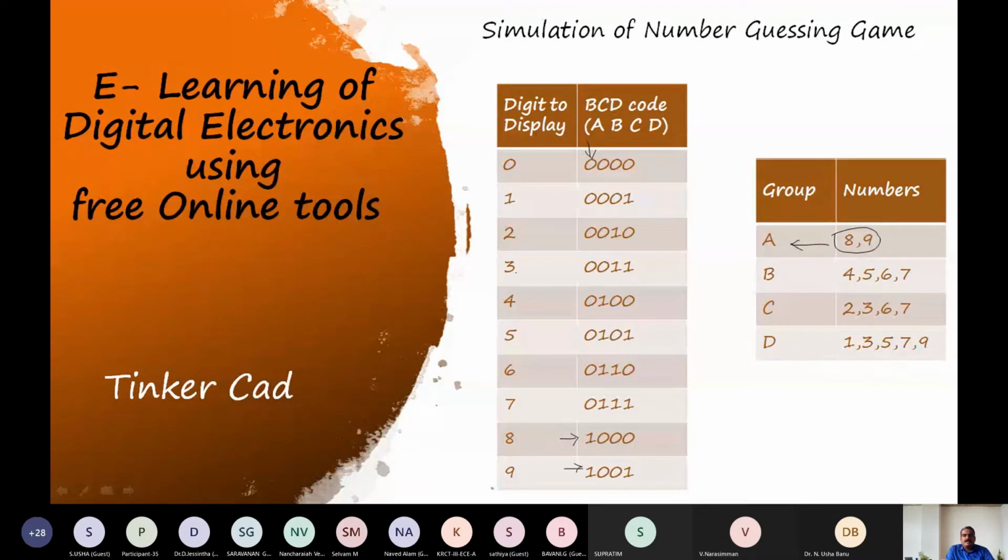Similarly, let me check the values for which B is high.